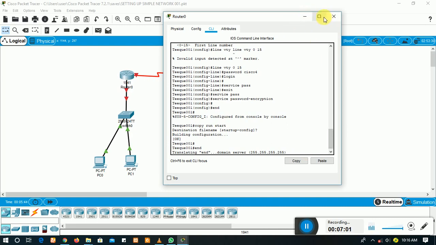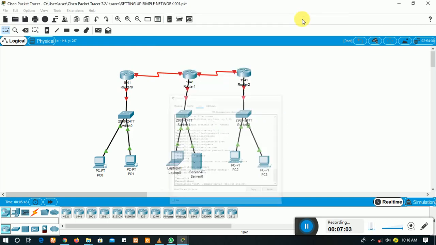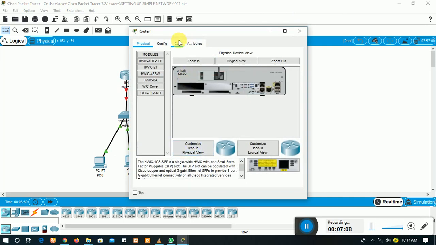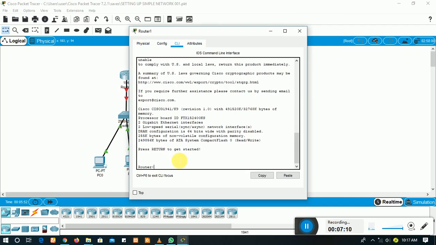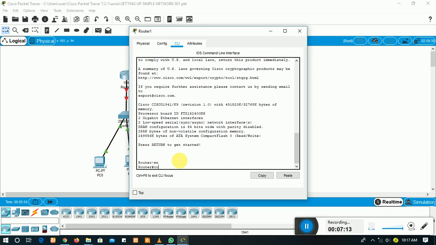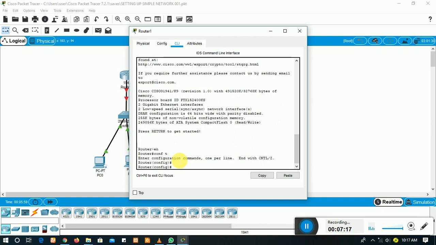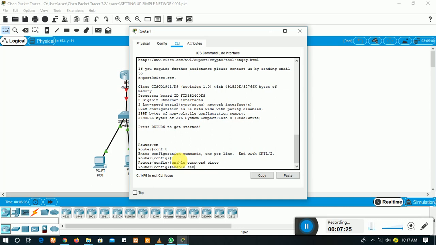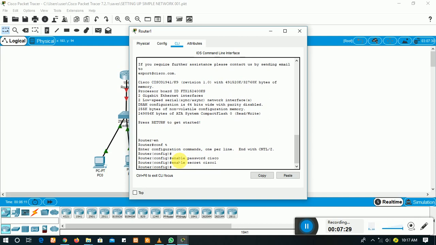So I'm going to do the same thing for the 3 routers. Router command line interface, enter, enable, configure terminal, enable password Cisco, enable secret Cisco 1, hostname TQ002,